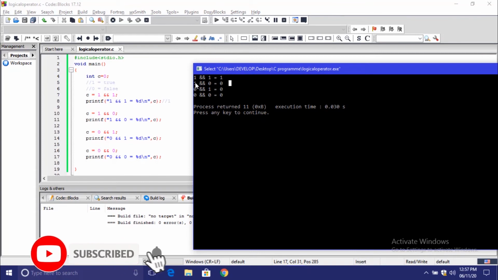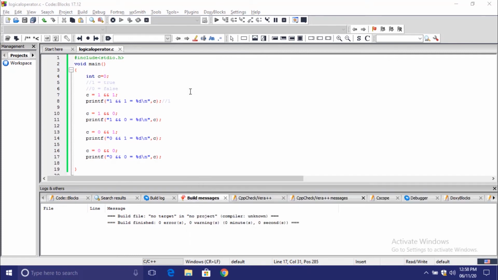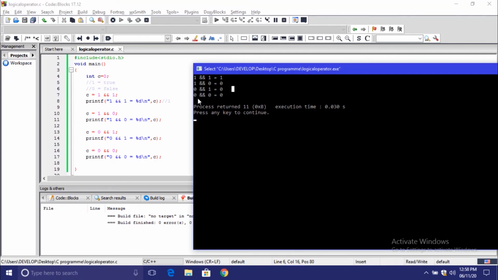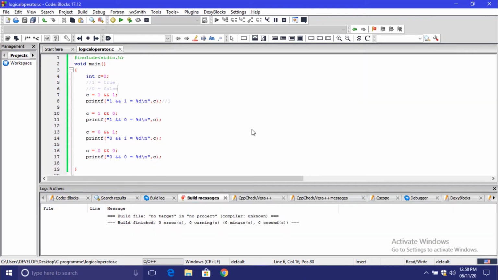Here we have written C equal to 1 AND 0. As I said, if any of the conditions is false, it will return false. So here it will print the result as 0, or we can say it returns false. Similarly, C equal to 0 AND 1 also returns 0 because the first condition is false. Similarly, C equal to 0 AND 0 also returns 0 because both the conditions are false.